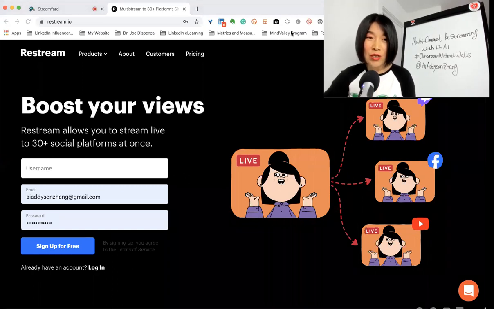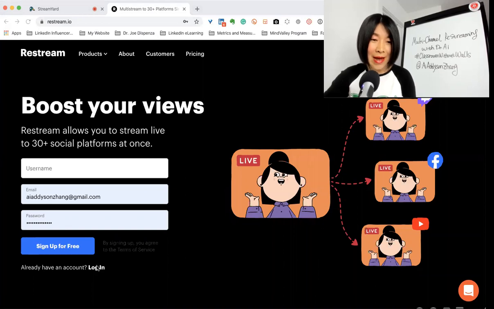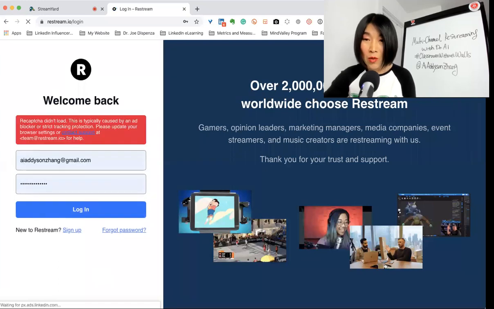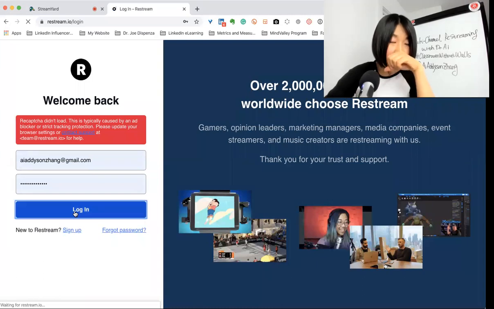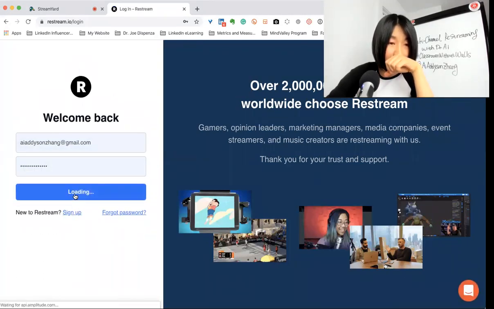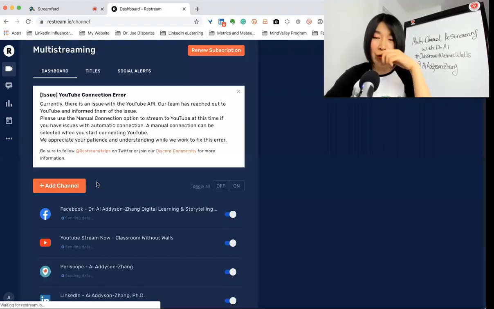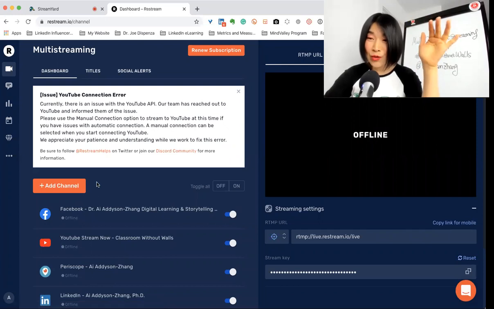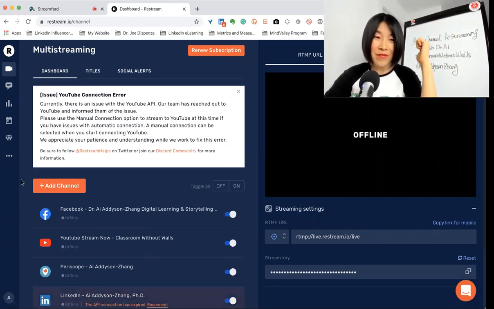So with Restream, so restream.io, because I used to use them, let me just log in. With Restream, you can actually restream to more than 4 or 5. You can actually restream to 30 plus platforms, okay?